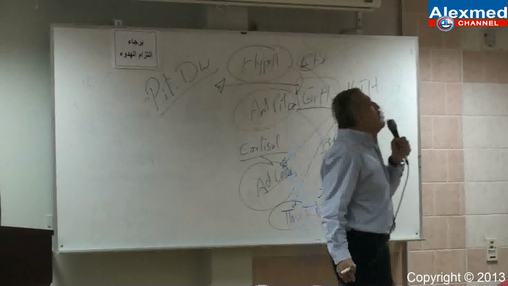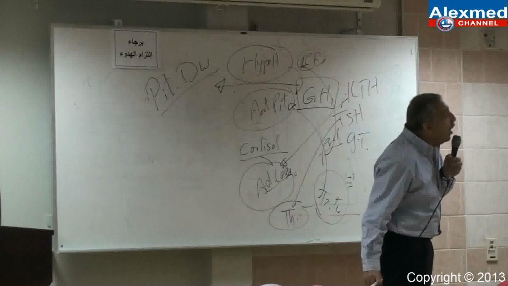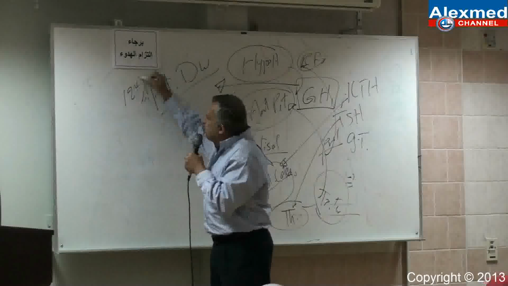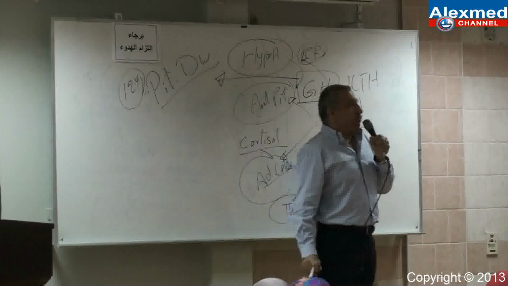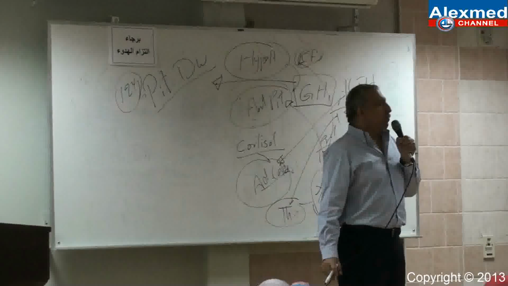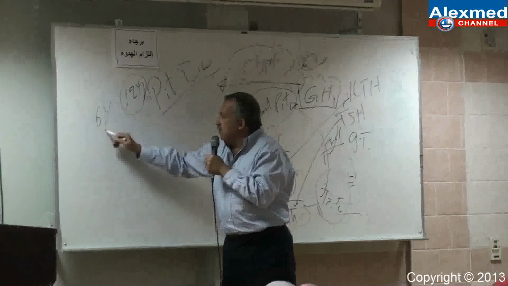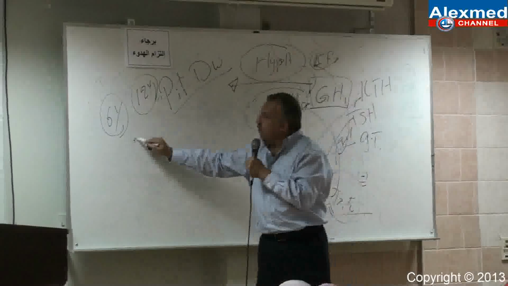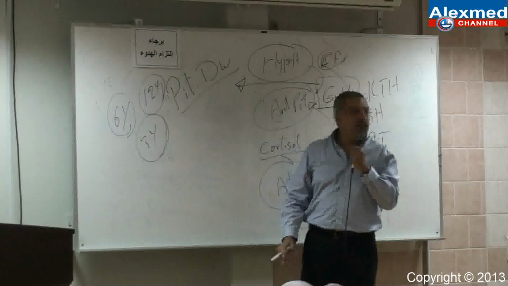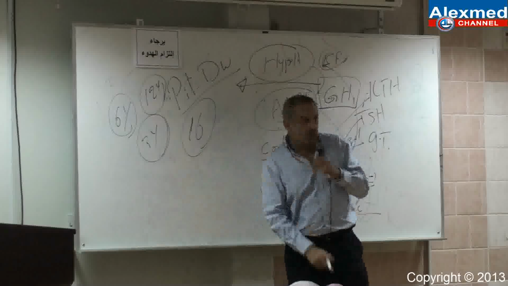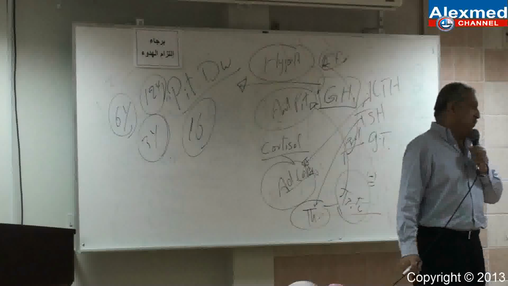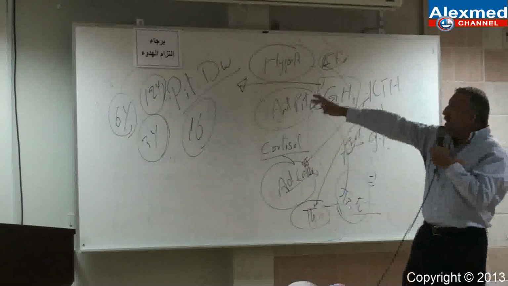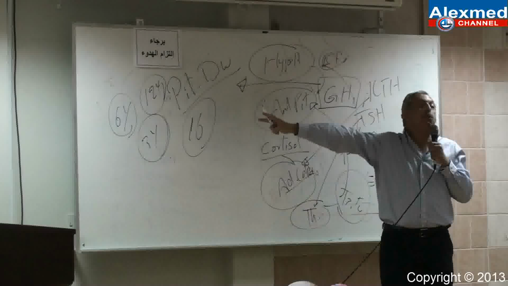Not efficient, not sufficient information. Why? If the child is 12 years old, if he is 6 years old, if he is 3 years old, if 16 years old, no difference? Or there is a difference? There is a difference. So, this information is not sufficient to be completely right.